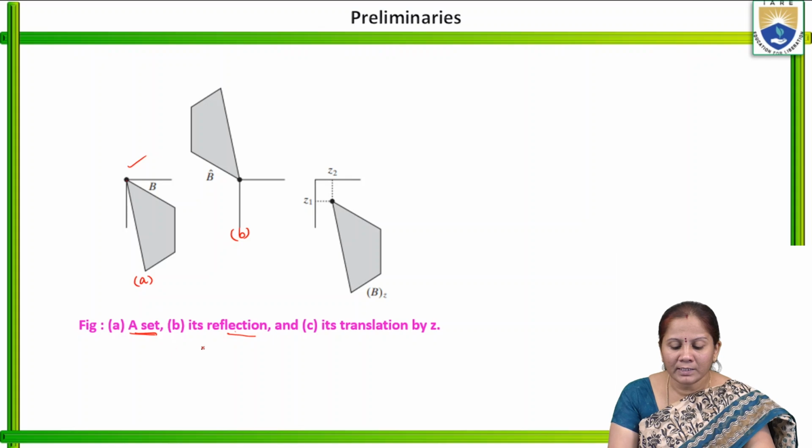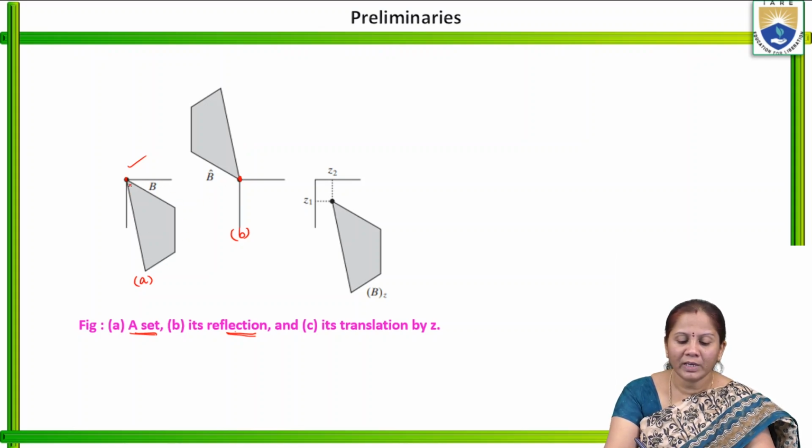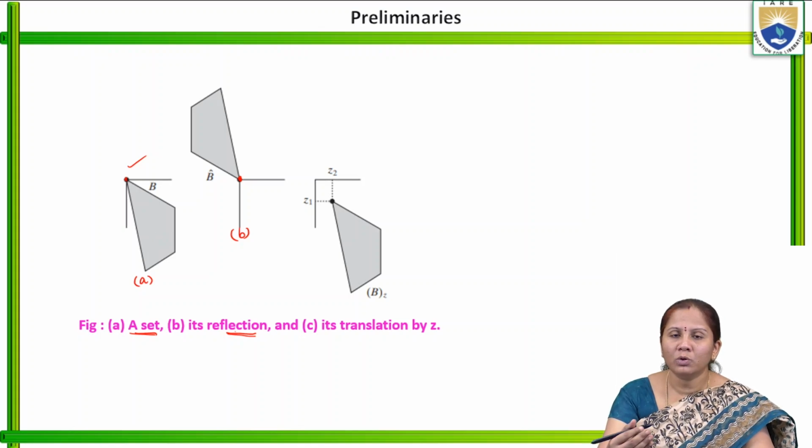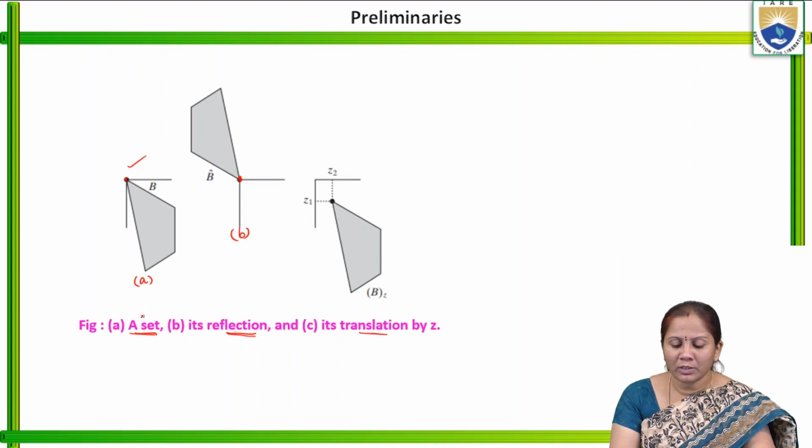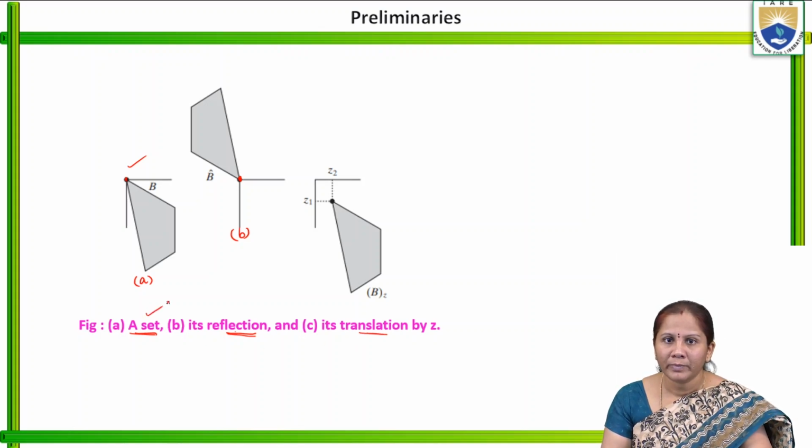So here this is set A. If you apply reflection on that, you can observe here is the point, and the remaining figure will be on this side, because at the input the figure is in this area. Minus means it will go to the other axis. Next, if you apply translation on this set, it will be replaced with two other coordinates, that is x plus z1 and y plus z2.